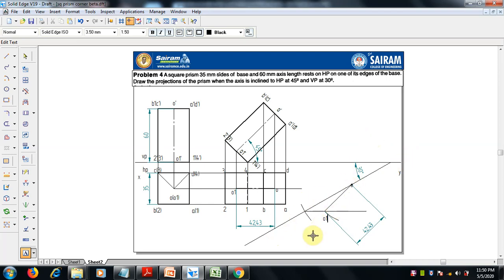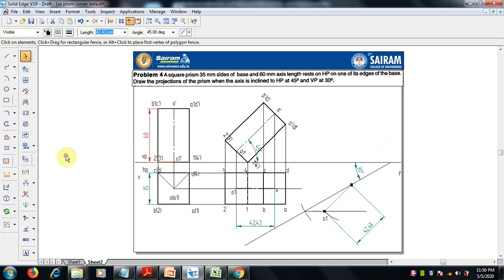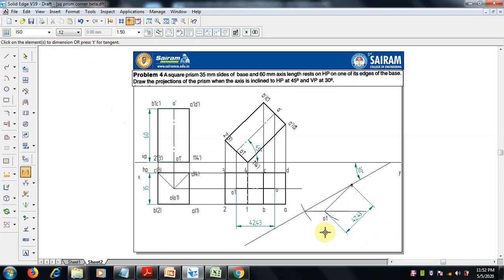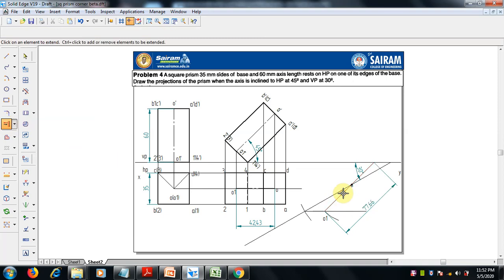Now what is the angle we have to find? This is the beta angle. Now we can go for extend to the next, you can check it. Select extend, click on the element to extend. Now we have to show the beta angle, so select extend, and if you extend this, it will extend, but the same dimension also gets extended.